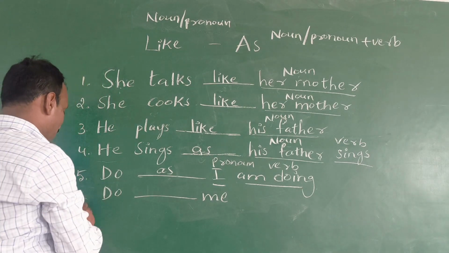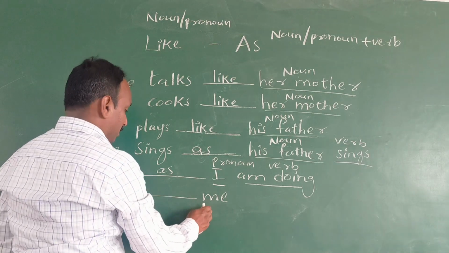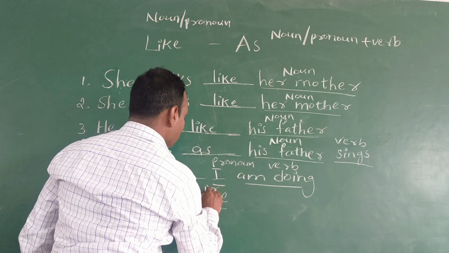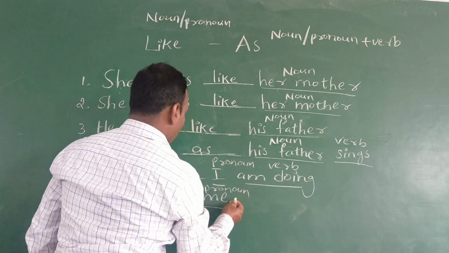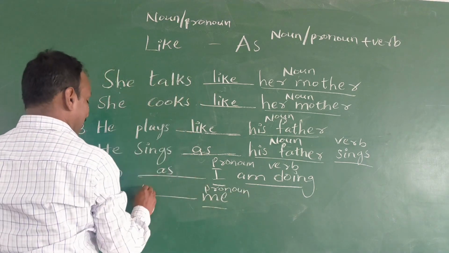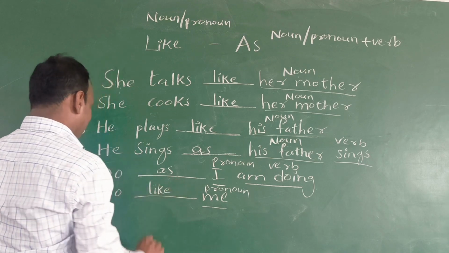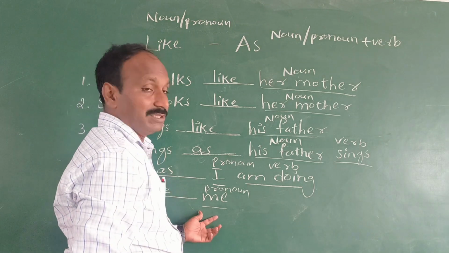Now the last example. Do dash me. So me is pronoun here. So pronoun is followed by like. So we have to write here like. Do like me. So this is all about